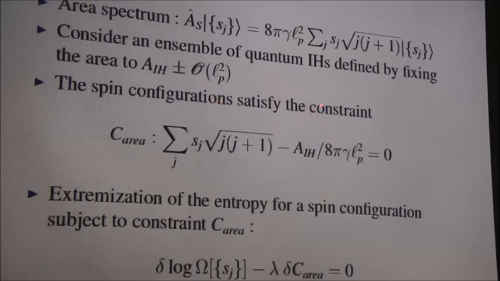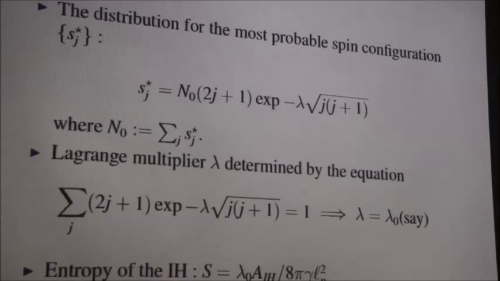I am going to vary the expression of log omega Sj, which I showed earlier, given this constant. This is the area constant being imposed for the physical states which I am going to consider. By solving this equation, the most probable distribution comes out like this,